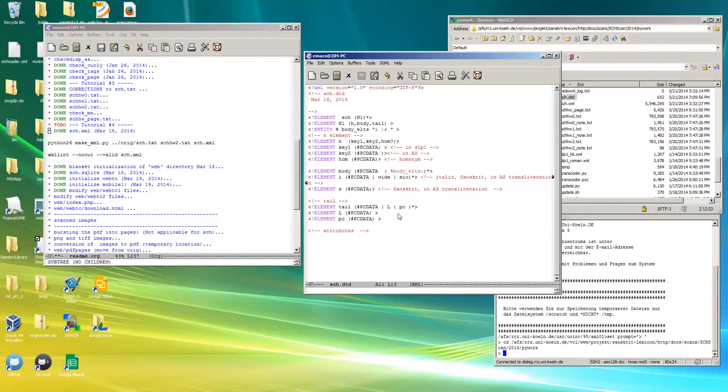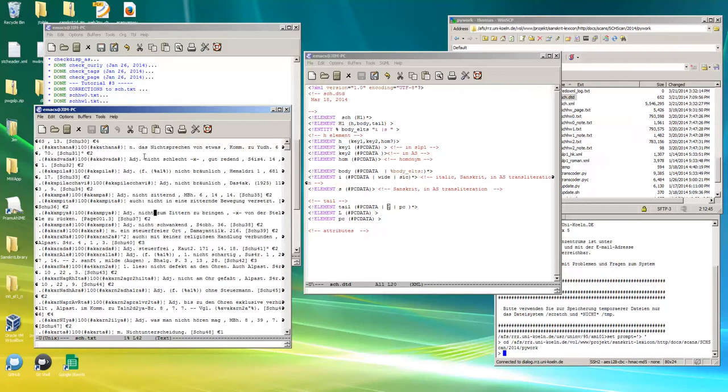The tail has essentially the record number for the head word, which is artificially assigned in this case, but still uniquely identifies a particular record by a number. And the page identifier, the page on which the head word occurs, PC. And then the body element has only 2 element forms in it, and it's essentially just the text of Schmidt text with